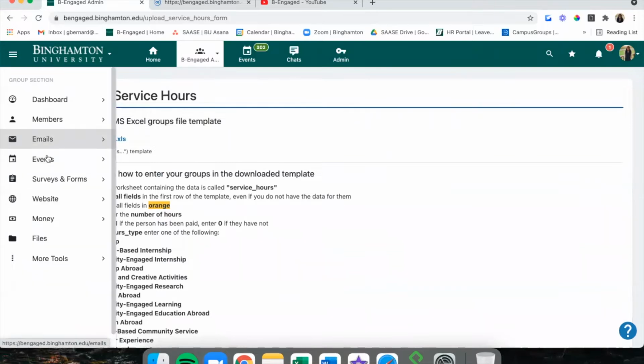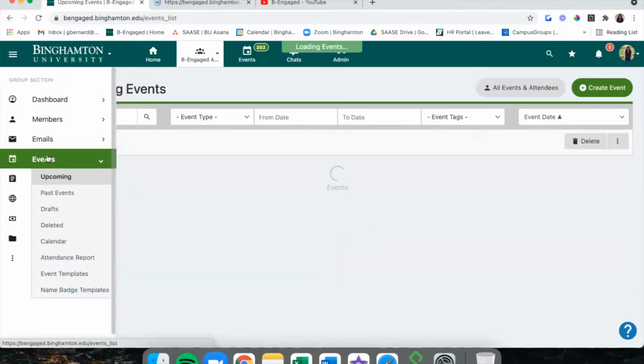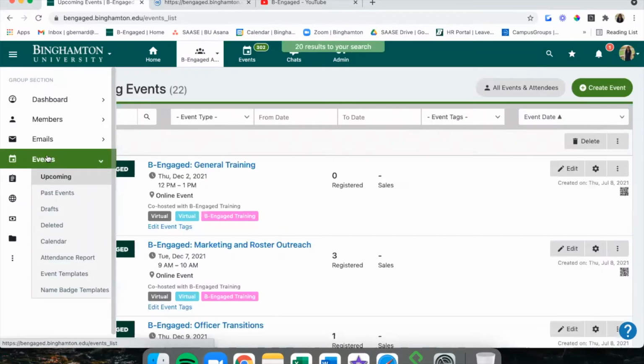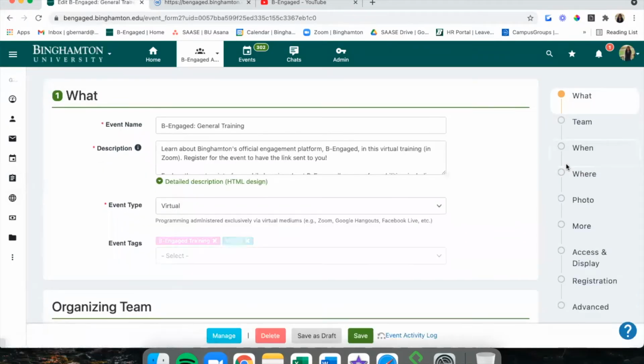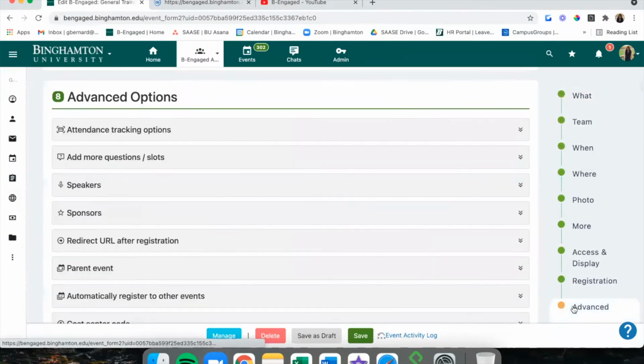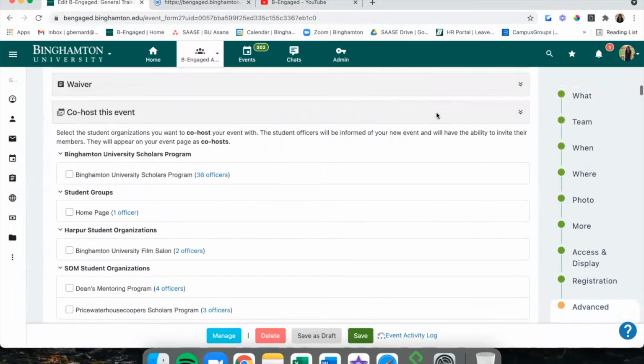And lastly, listing your events as service opportunities is just a field you check off within the event creation form. So next to your event name, you'll go into your event creation form by clicking Edit and selecting Advanced all the way at the bottom.